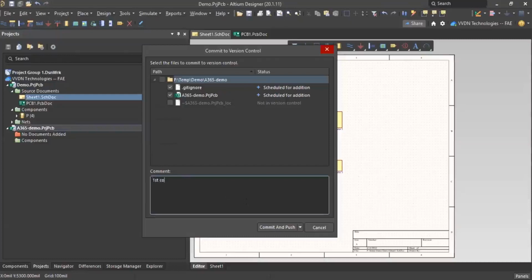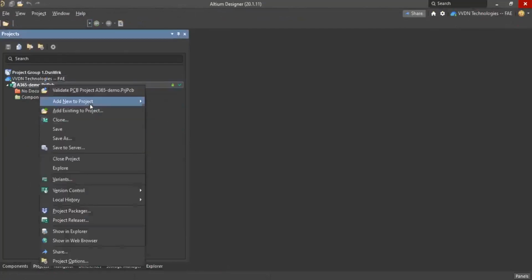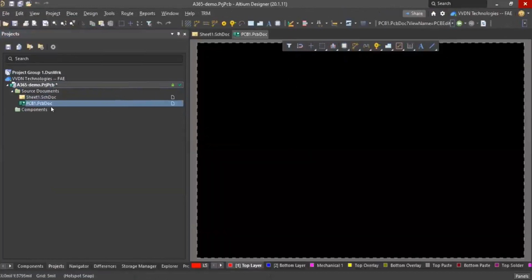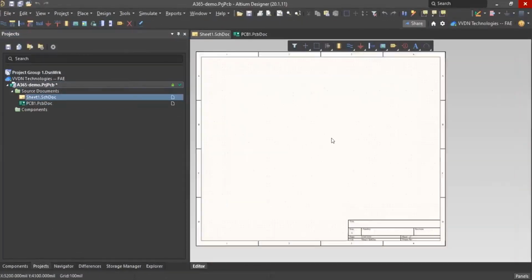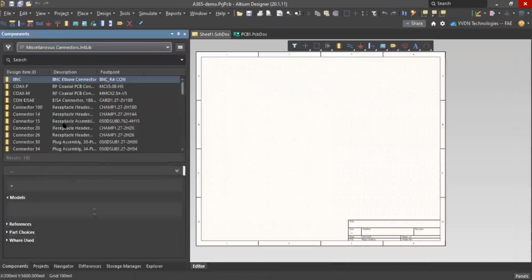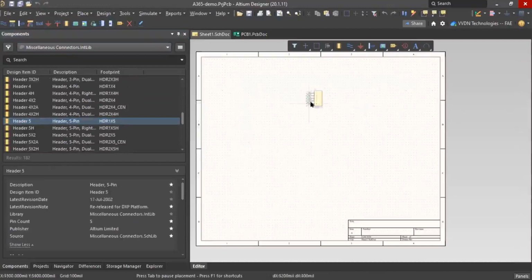Okay, let me just commit and push. So we are just committing and then pushing to the server. This I will close. So now the same way you can add the schematic sheet and the PCB. So in the schematic sheet, I'll just place some components. Okay, some small or simple circuit.